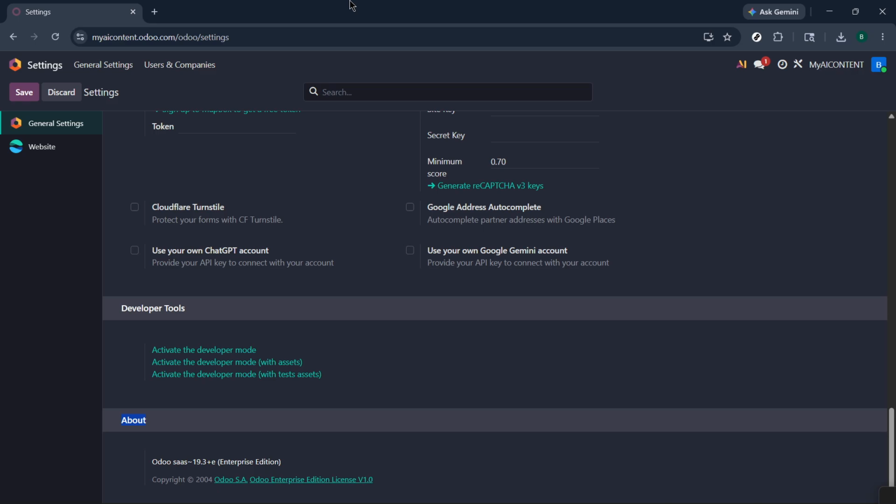After you've reached the About section, you'll find the information you need. The current version of Odoo will be clearly displayed there. Typically, it would look something like SAS 19.3e, followed by the annotation Enterprise Edition if you have the Enterprise subscription. This confirmation is important because it tells you precisely what features and capabilities you have access to as an Odoo